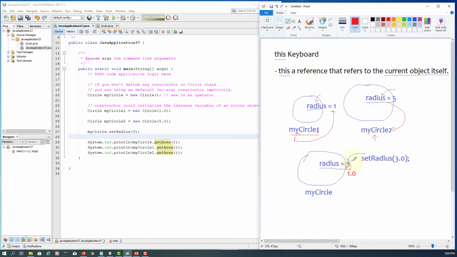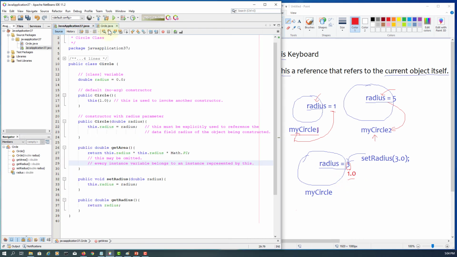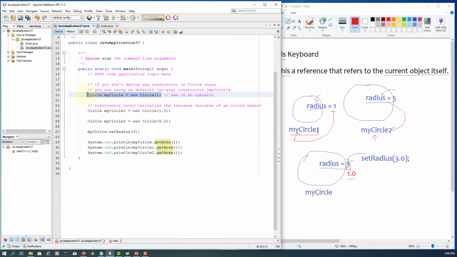So let's look at here. What if we don't have these methods at all? That means our object becomes immutable. It means that we won't be able to change the data belonging to that object. So if you're looking at my circle and my circle 2, without using those two methods called set radius to my circle or set radius to my circle 2, now we have no access to the object's value or the object's data,